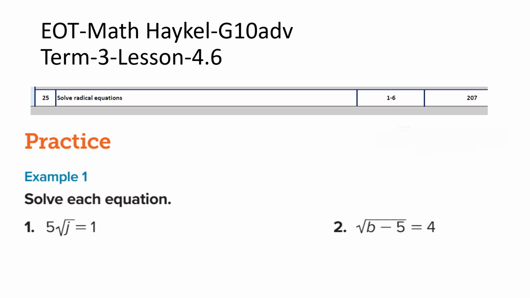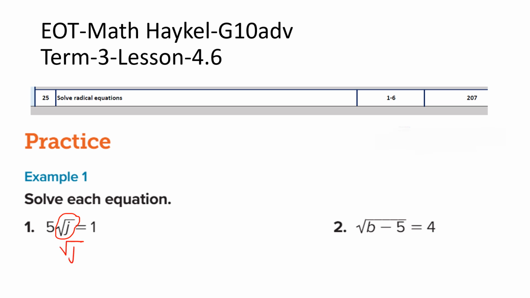So first, let's solve these two questions. I will also be providing you towards the end of this session the answer key, so make sure you watch the video till the end. Now look here, this one is the radical sign. Now it does not have any index, means the index is 2, and this is a question on square root. So step 1, you will